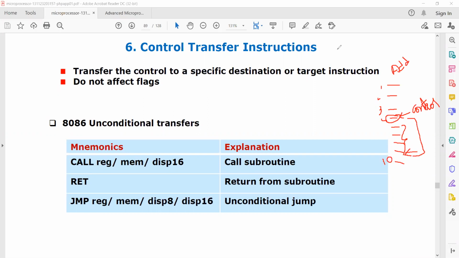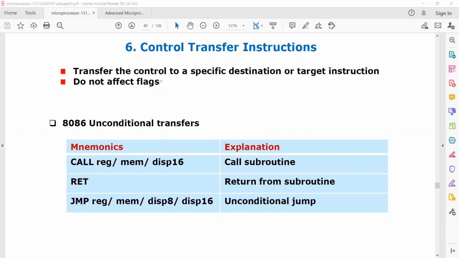So what do you mean by control transfer? Transfer the control to a specific destination or a target instruction. These instructions do not affect the flags, whereas in the previous category, the processor control instructions, all the instructions that we learned affect the flags.